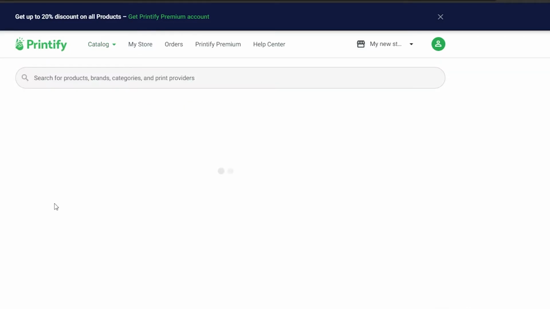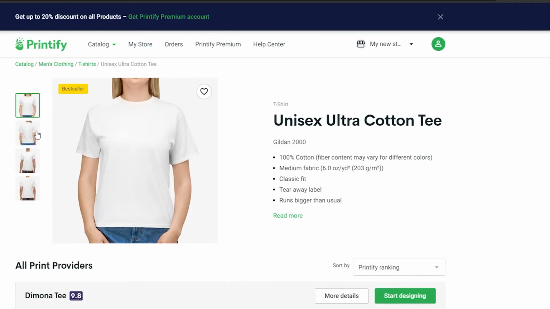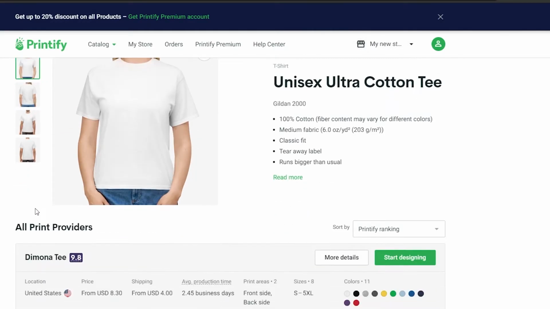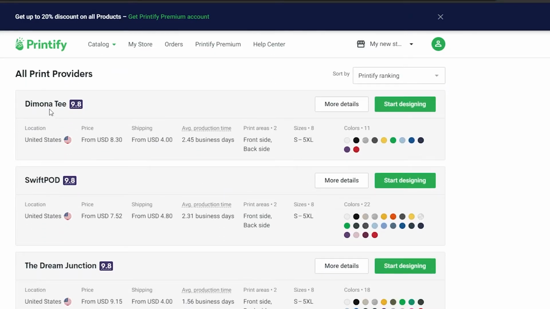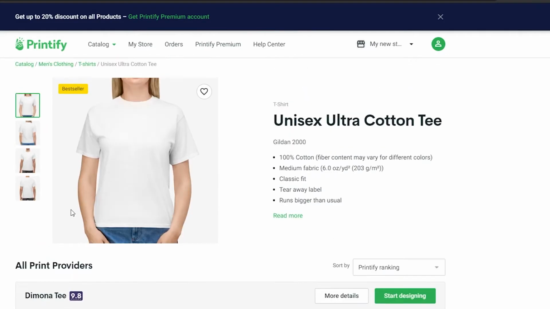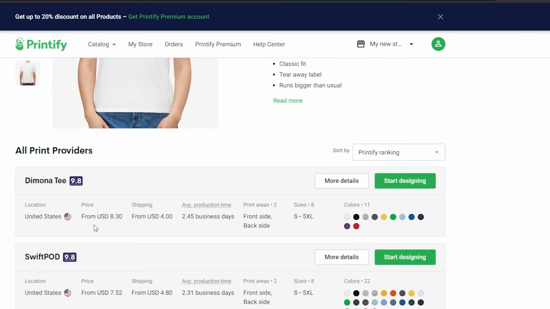So let's just choose this t-shirt that we want to edit. Now over here, this is basically a plain t-shirt, and you have to understand that when you choose a product, you have to choose the print provider. So basically these are all the print providers for this particular shirt. Each product will have different print providers, and what you have to look for is the price and the shipping of that specific provider, and the amount of days it's going to take them to ship, because these are very important details. And if you mess up and you find someone who isn't that great at printing objects and takes a lot of fees, then you're basically going at a loss, guys. So find one